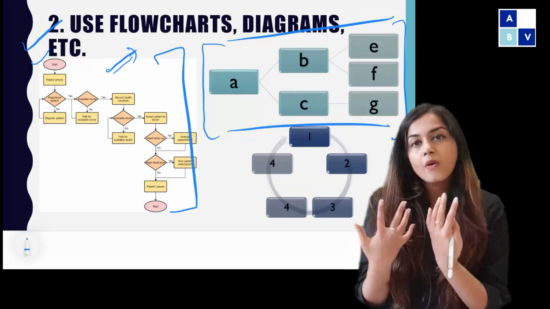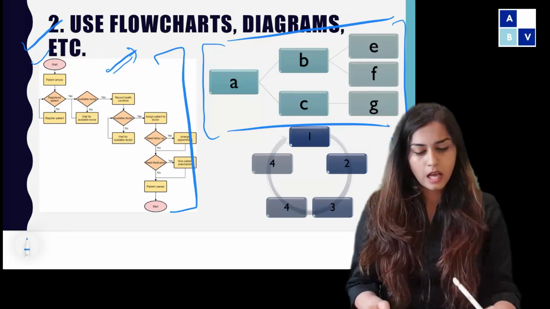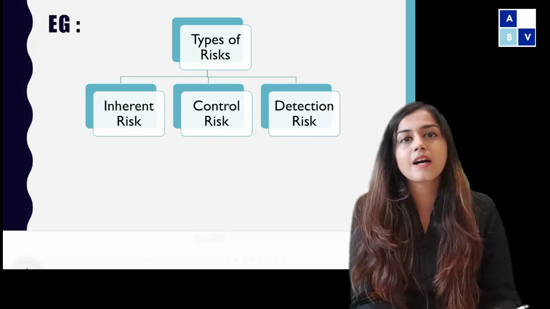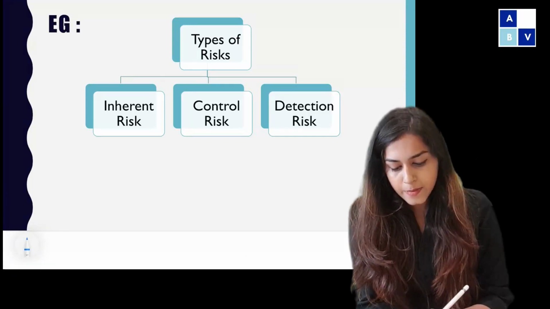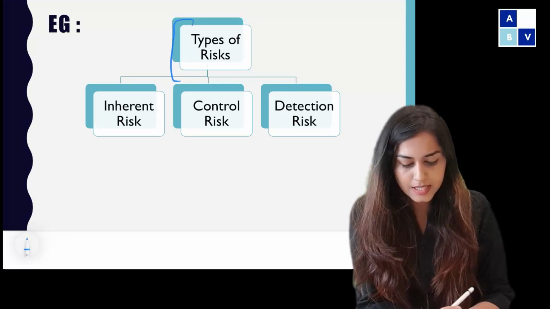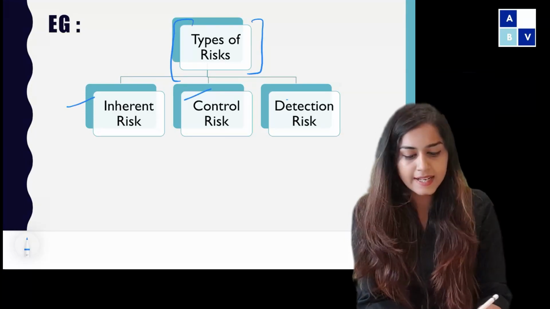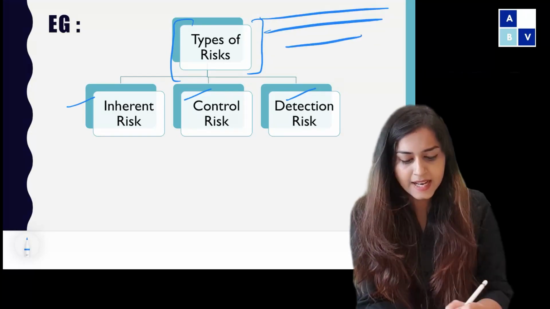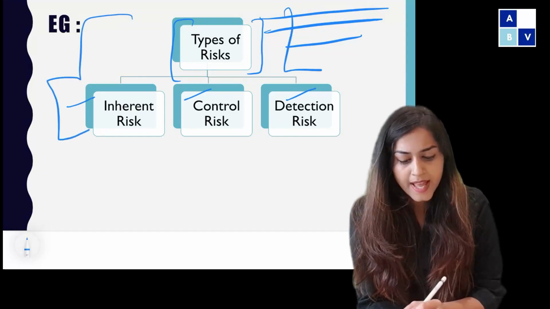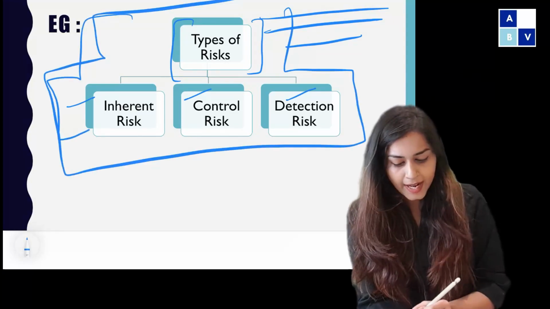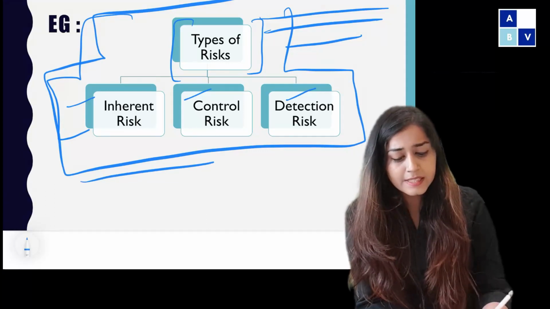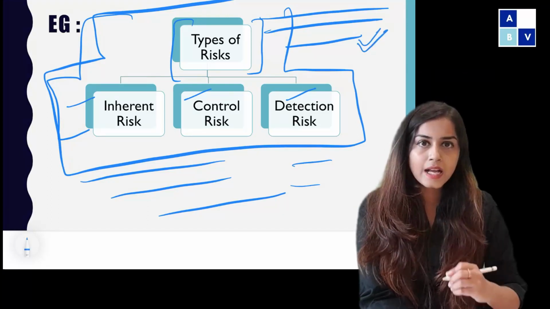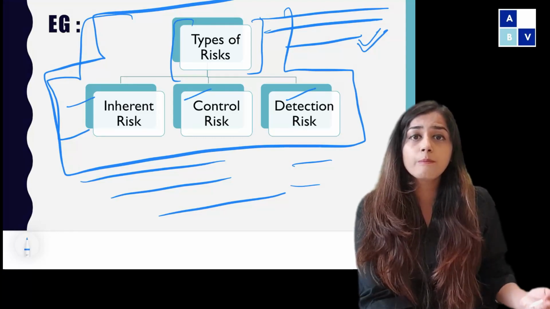Now, how you can present, I'm just telling you one answer. Here there's this question: what are the types of risk available in auditing? Now, types of risk are of three types: inherent risk, control risk, detection risk. So rather than writing it in a line, I would recommend you first present it in the form of a visual diagram, and then you can start with your answer. So this is complementary. I am not asking you not to write it in normal form. I am just asking you to back up your answer with certain visuals.